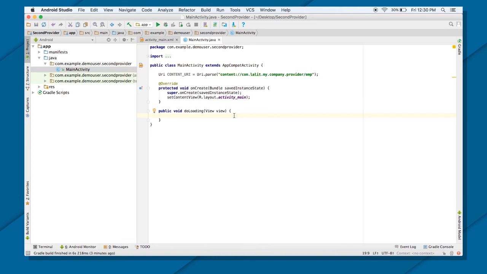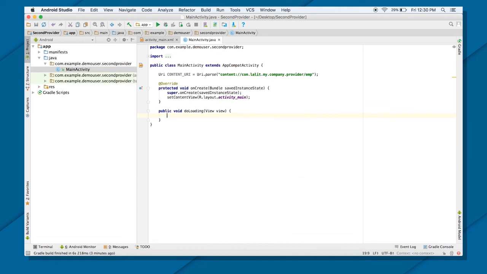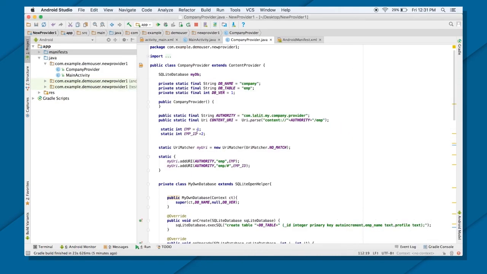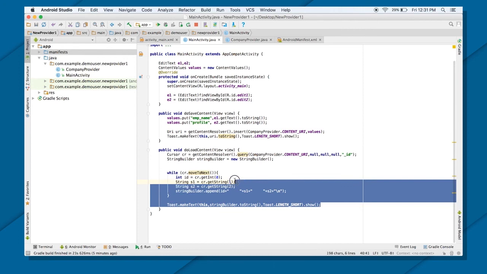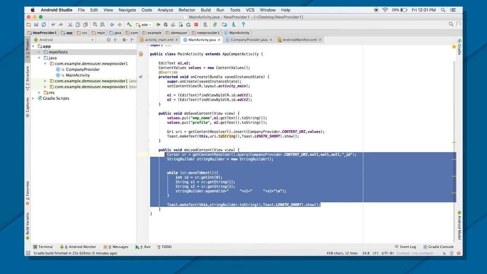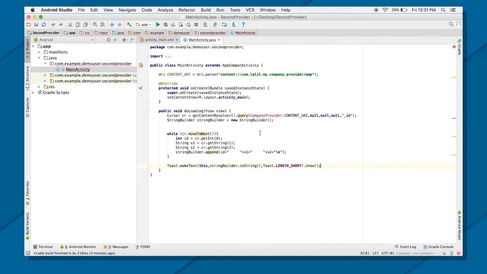Once you do that, next you need to access your content resolver or content provider again. So I can give that whole code again, cursor and all. I will copy that same code from here. It's the same thing which you did in the main code. Just copy this whole thing and paste it here. Now this time around you won't be having that company dot provider, because you already have the access of the content provider. You need to know that.